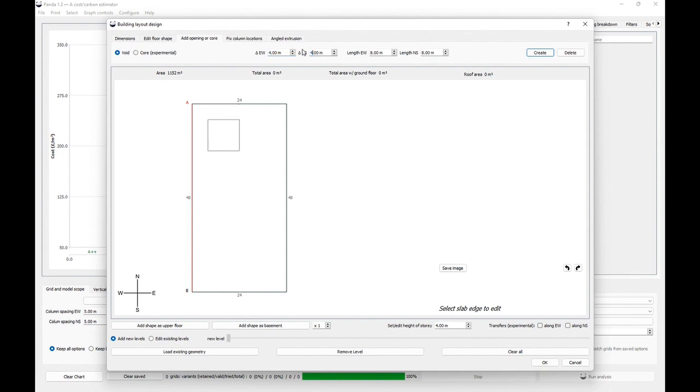So we start entering our dimensions. Let's make this a bit further in, I think. And let's just make a kind of 3 meter by 3 meter hole. This could be an opening, it could be a core. Create. And now what that will do is that will add it in on every level. So when we run,